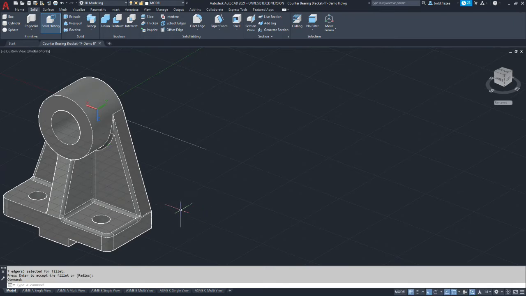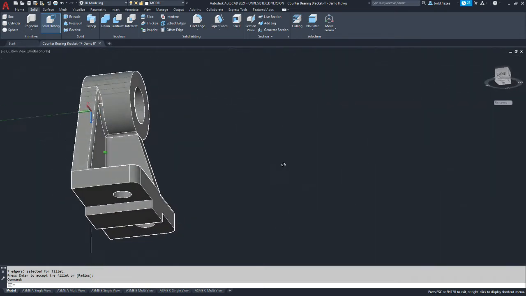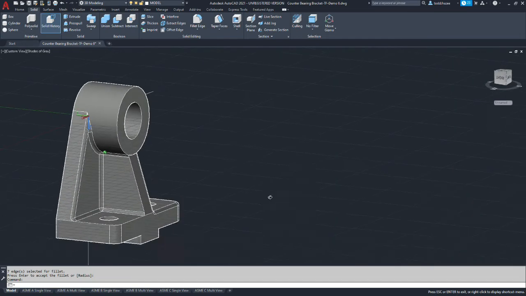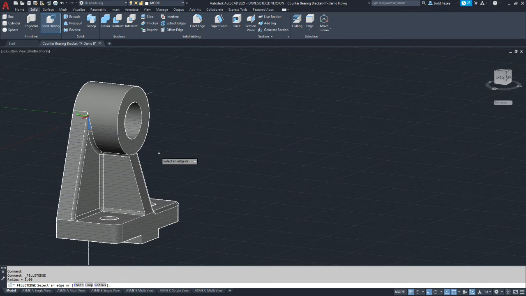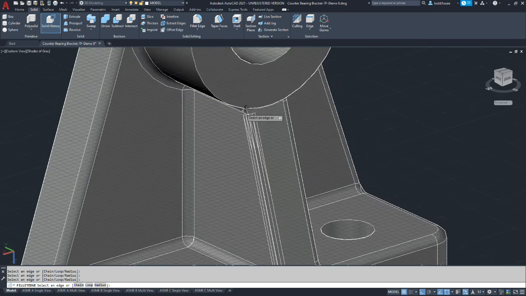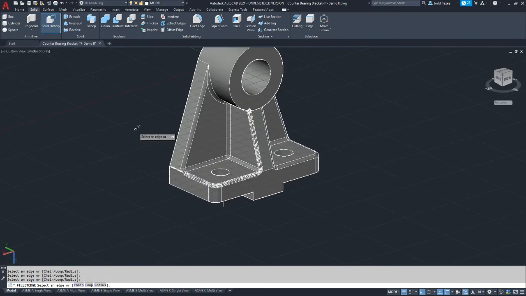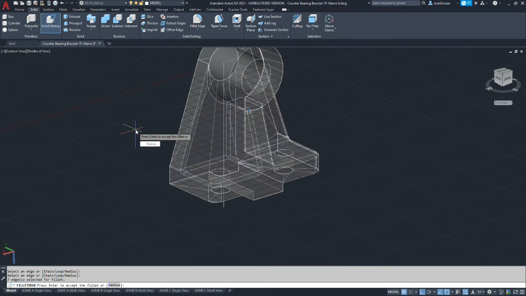Okay, so now let's repeat that procedure on the opposite side. Trace around the edge of the part. Enter and enter, and it worked.